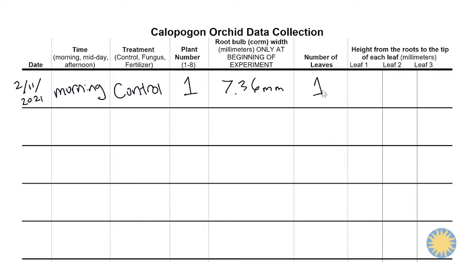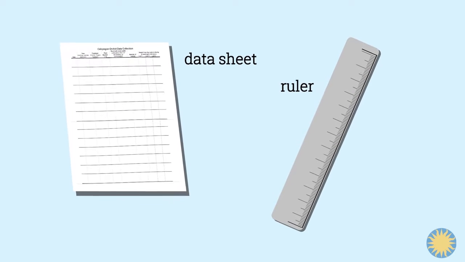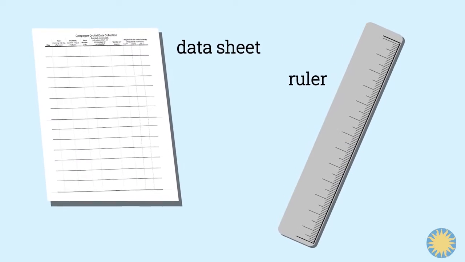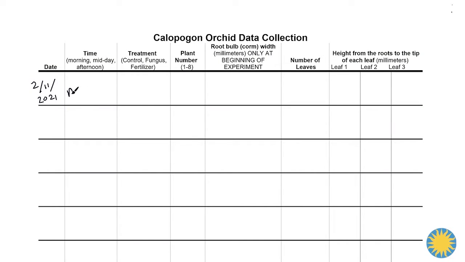In this video, we are going to be walking you through the data you will collect from your orchid seedlings throughout the experiment. Before you start collecting data, make sure you have the data collection sheet associated with your orchid species and a ruler that you will use to measure. Step 1 is to fill in the date and time of day. Check the thermometer attached to the shelf, record the temperature, record the treatment, and what plant you are measuring on